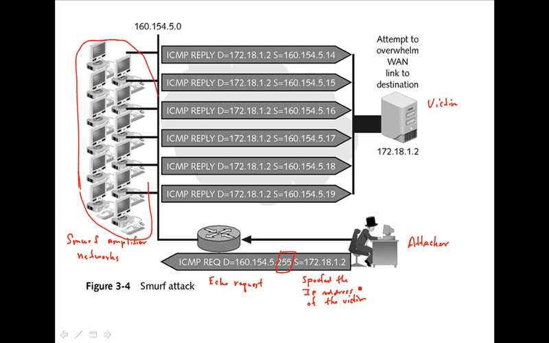So when the replies come, they're actually all directed to the IP address of the victim. So they're all going to be sent to, in this case, 172.18.1.2, which happens to be the IP address of the victim. And the idea here is to overwhelm